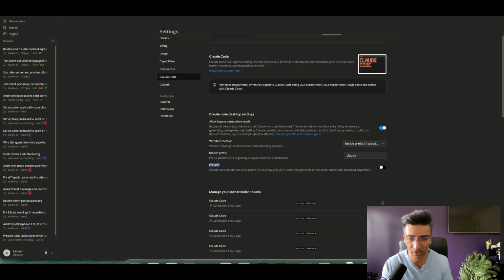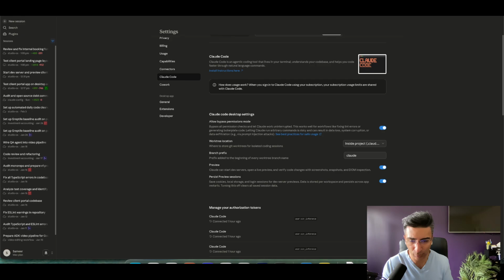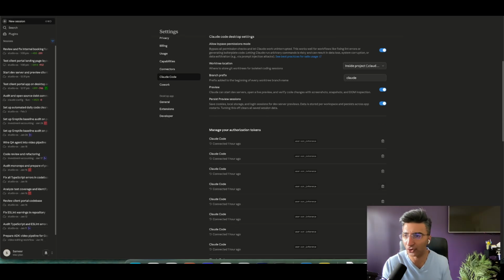That basically says Claude can start dev servers, which just means it runs a local server on your computer. It can open a live preview and then verify its own code changes with screenshots and snapshots and DOM inspection. I don't really know what DOM inspection is, but screenshots and snapshots are pretty much just grabbing screen prints of the app. So make sure you turn that feature on. And then the second is persist preview sessions. This is more around saving cookies and local storage and your login sessions. I don't think it hurts to keep this one on as well. It just helps you persist. If you want to come back to the application later, you have all the cookies and settings saved. So be sure to turn those two things on, and then when you go back to a new session,